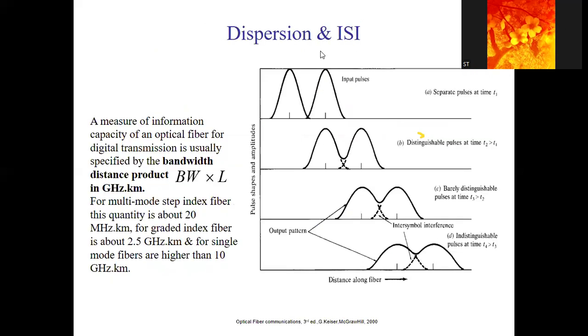So now what is ISI? Here in this diagram, you can see there are two axes. The y-axis shows the pulse shape and amplitude, and the x-axis shows the distance along the optical fiber length. In the first case, these are the input pulses. There are two input pulses, and there is a clear-cut difference between these two pulses. Here you can see separate pulses at a particular time,